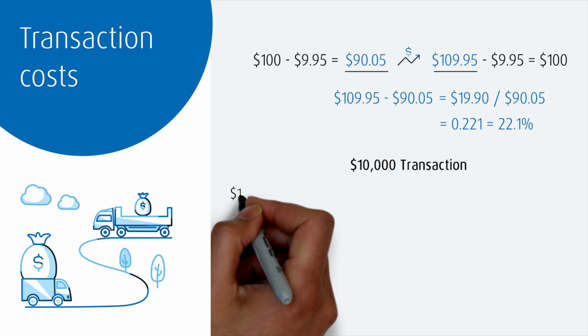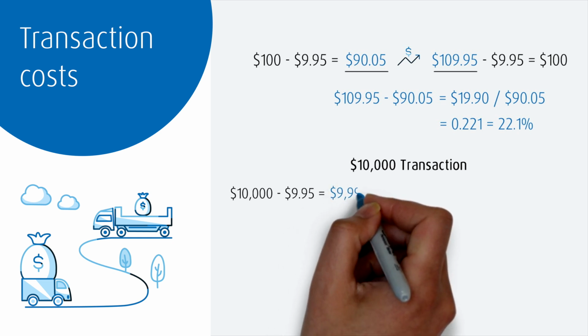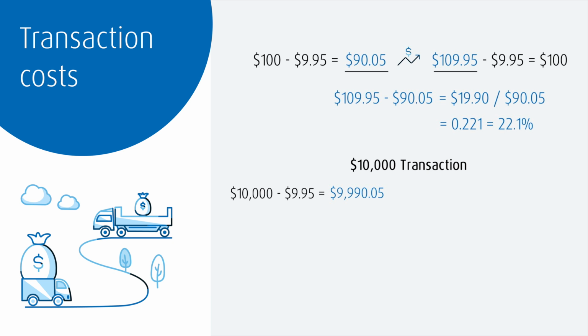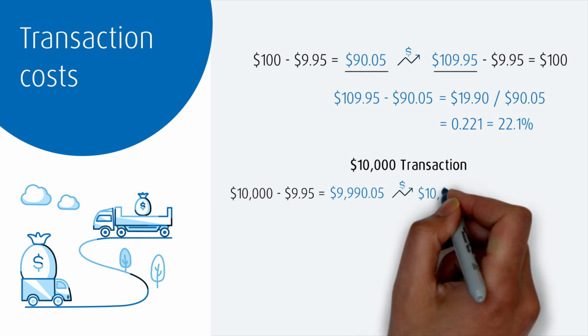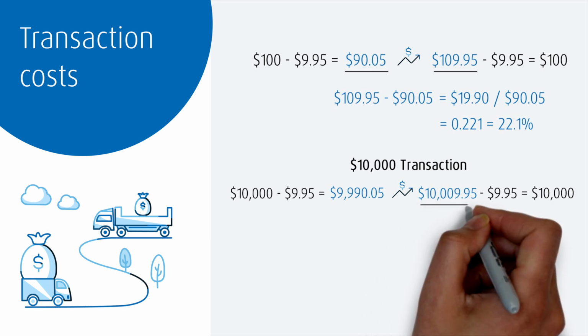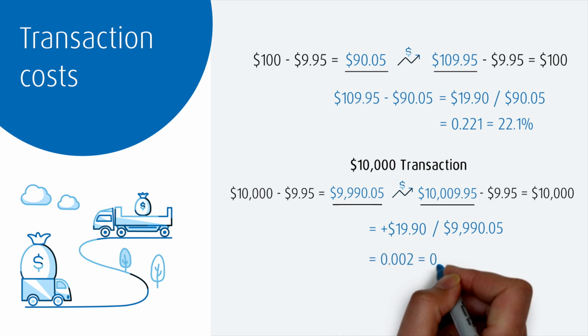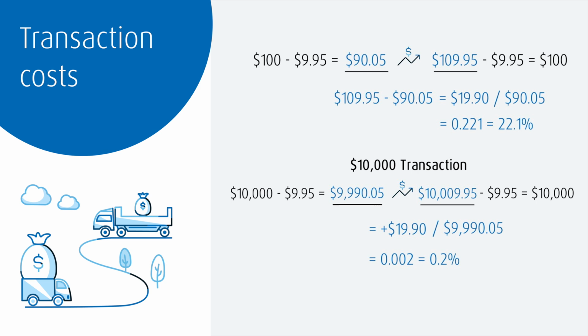We take $10,000 and subtract the $9.95 commission to buy. That gives us $9,990.05. In order to end up with $10,000 after selling again, we would need to sell the stock for a pre-commission value of $10,009.95. The dollar gain required is, again, $19.90 in total. If we divide this by the initial value invested of $9,990.05, we get 0.002, which when converted into a percentage is 0.2%. So you can see that it is more favorable to avoid very small trades when buying securities that are subject